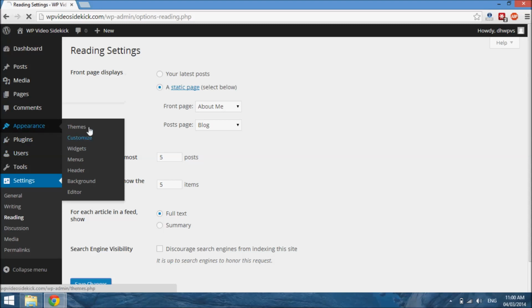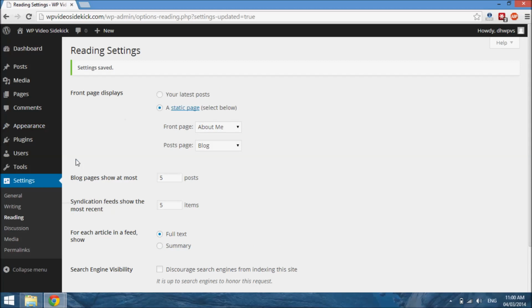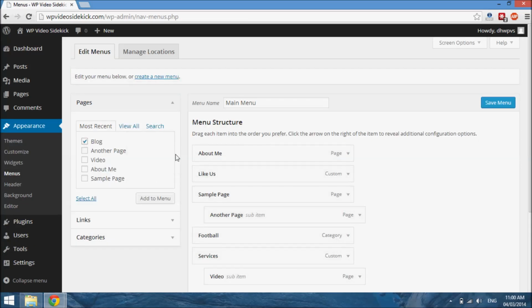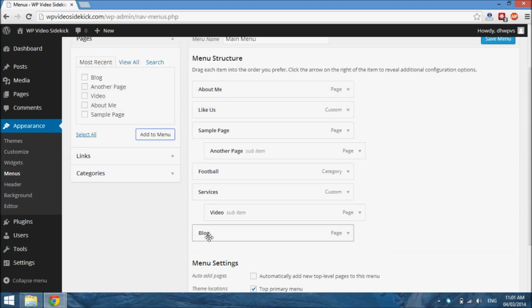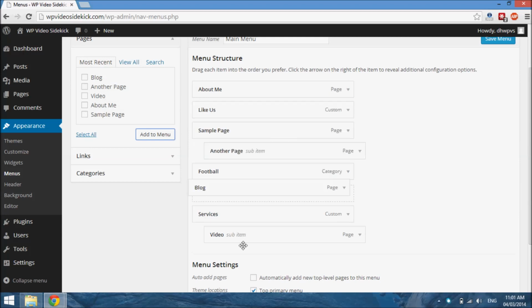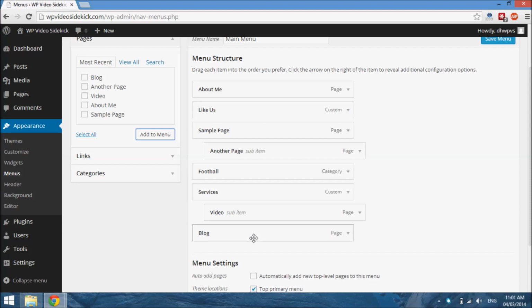And there's just one more thing we'd have to do under appearance. We'd have to go to menus, because of course we are using a custom menu for our site. So for that page that says blog to show up, we'd have to add it to our menu. So just click add to menu, and we can of course drag this page to wherever we want it in the order, and I'm just going to leave it at the end for now. And if we save the menu